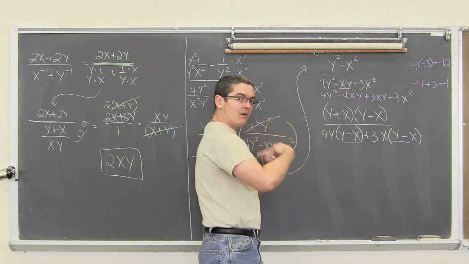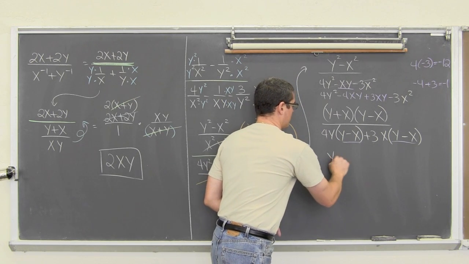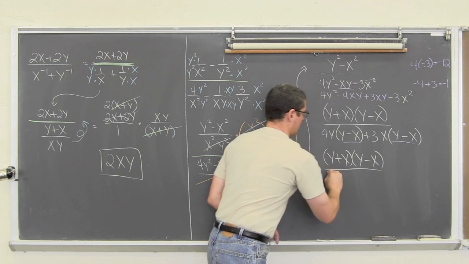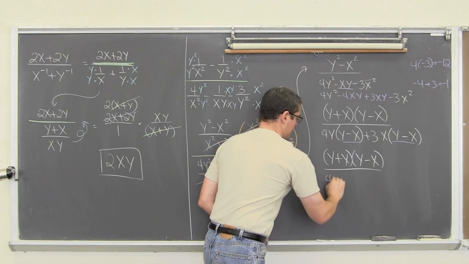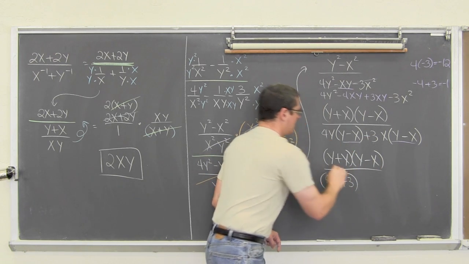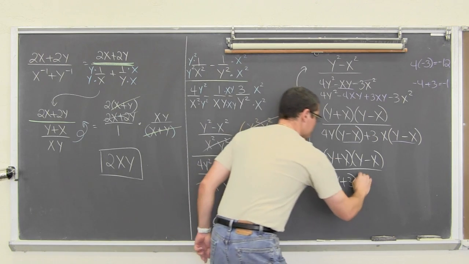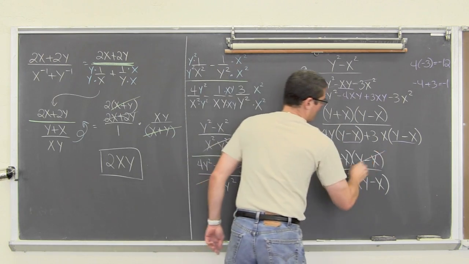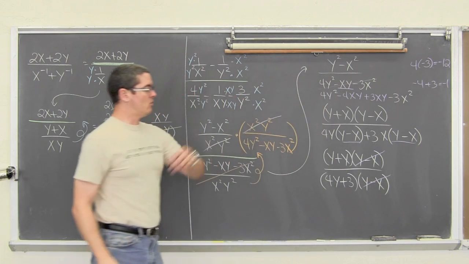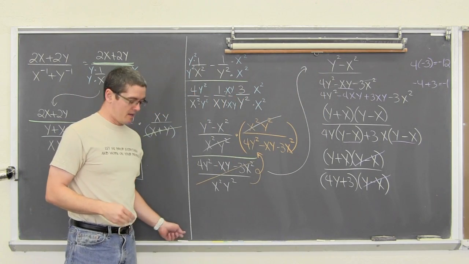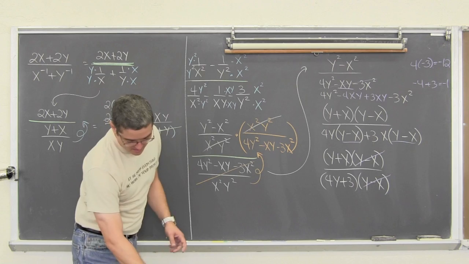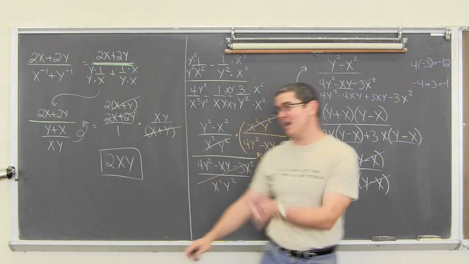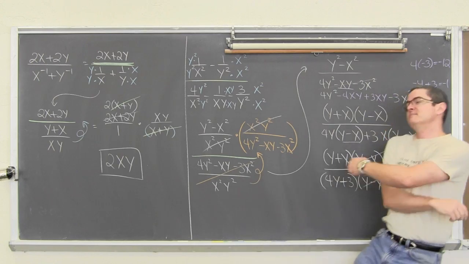So we're going to take that now out of those two terms and get y plus x times y minus x over 4y plus 3 times y minus x. And when we do that, the y minus x's cancel out and you get y plus x divided by 4y plus 3. Let me check my work. That, excuse me, is right, and that means we've got 2 more examples to do.